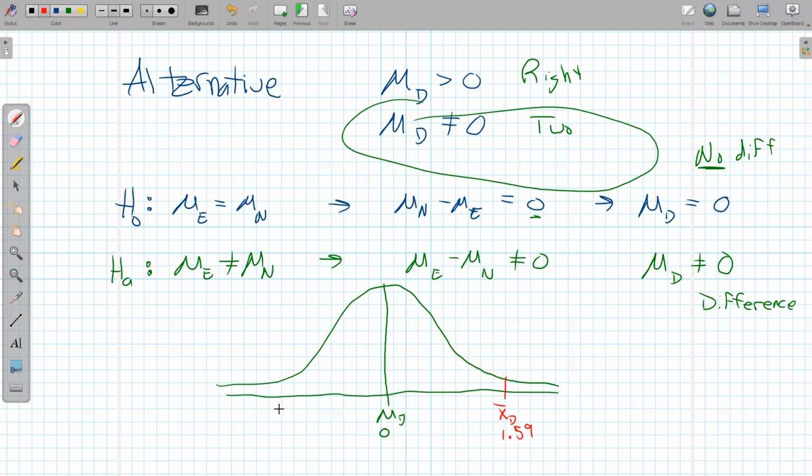And because this is a two-tail, I have to also plot the number on the other side. In this case, that would be negative 1.59. And I need both of these tail probabilities. So the p-value is the combination of this one with a two-tail test and this one. The p-value in this case is the sum of those two numbers. And again, ideally they should be the same in an ideal world, but this is a simulation. All kinds of random stuff happens in reality, so sometimes they won't be exactly the same. So the p-value is going to be the sum of those two, so that would be 0.0